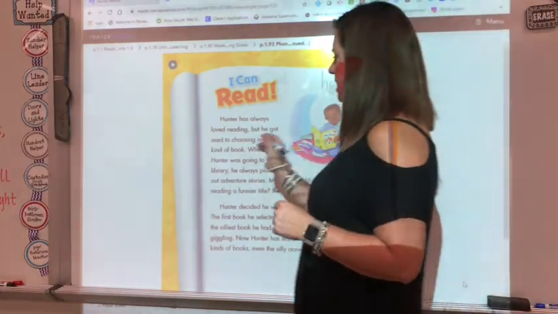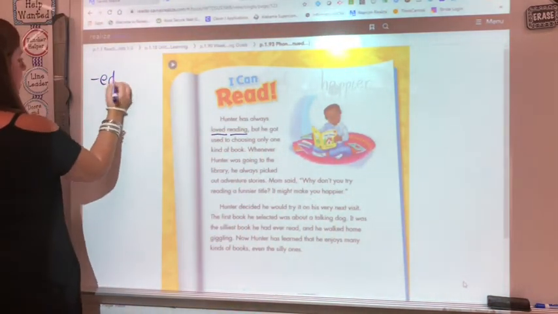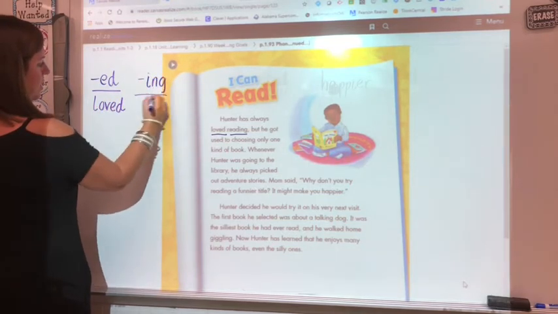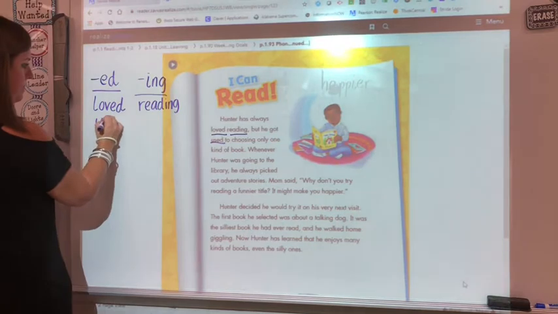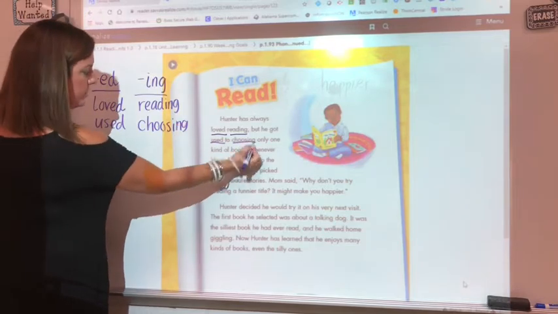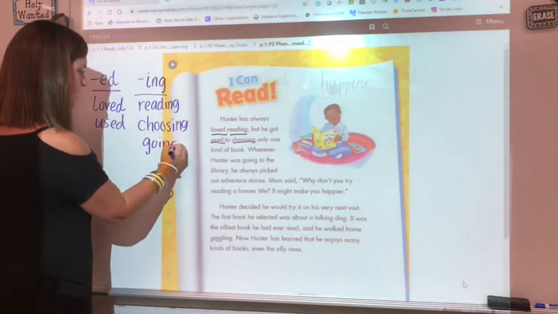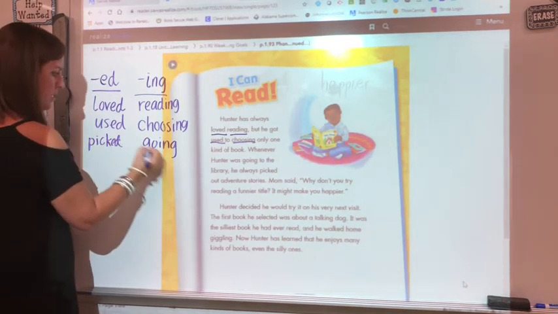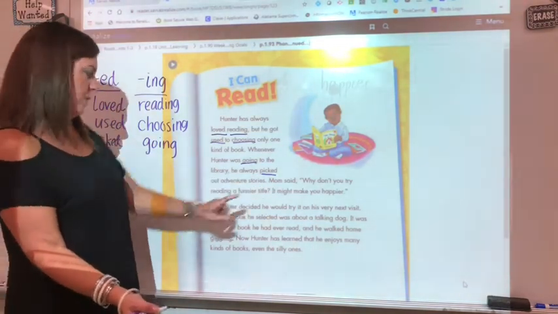Okay, here is an ED ending, loved, ing, reading. So my ED words so far are loved, ing, reading, used, choosing, only one kind of book. Whenever Hunter was going to the library, he always picked out adventure stories. Mom said, "Why don't you try reading